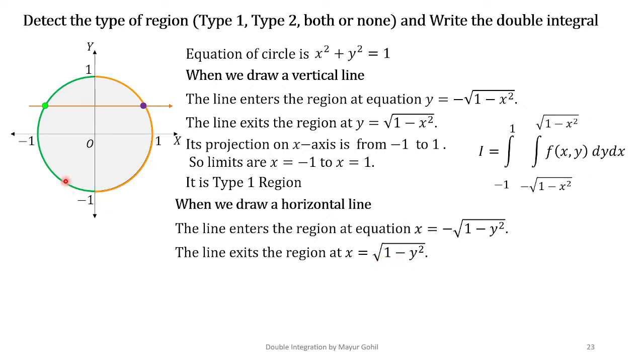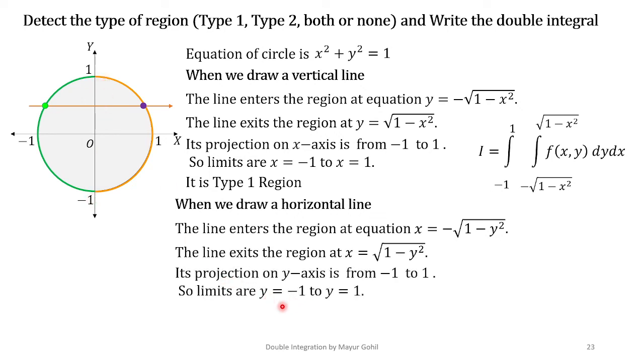We have already dealt with the equations of the semicircle, so it is very crucial to understand that a circle is the union of two semicircles, and we are taking those combinations of semicircles to understand and formulate the double integral. Again, here the projection is going to be on the y-axis. Both the semicircles have projection from -1 to 1 on the y-axis. Hence the limits for y are going to be -1 to 1.